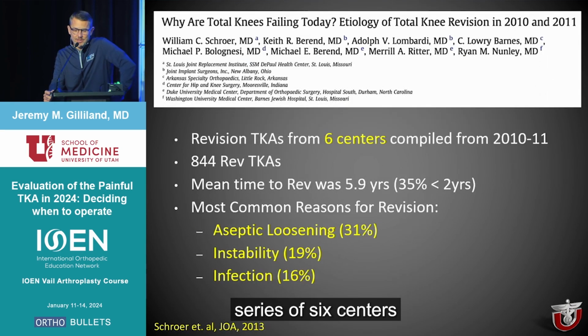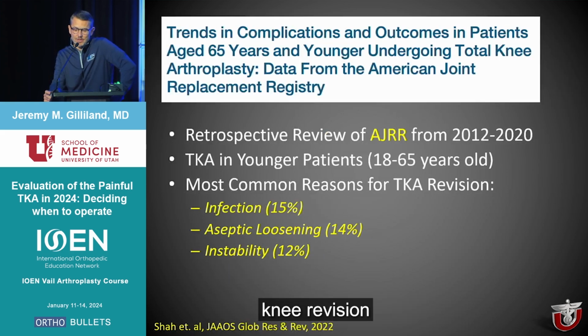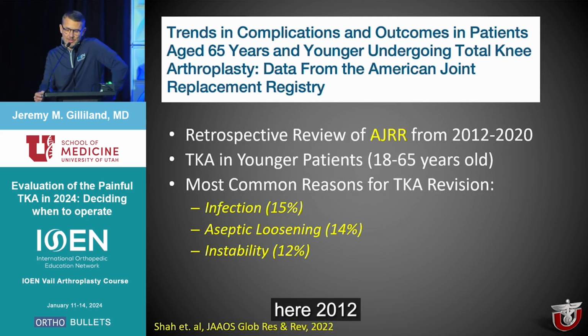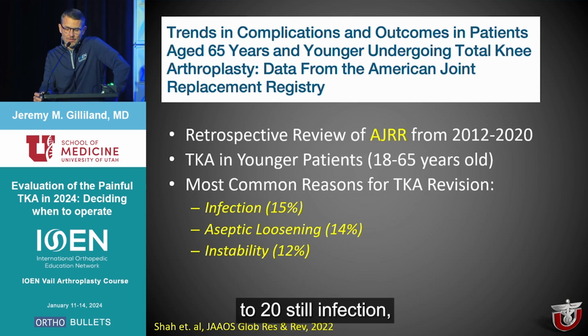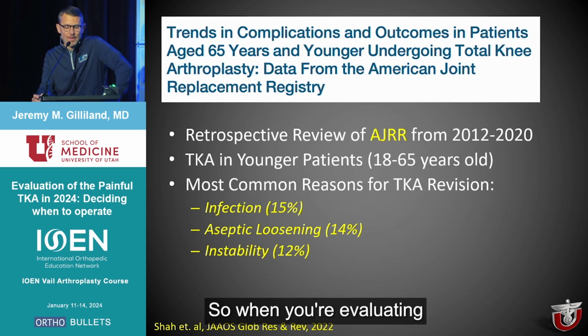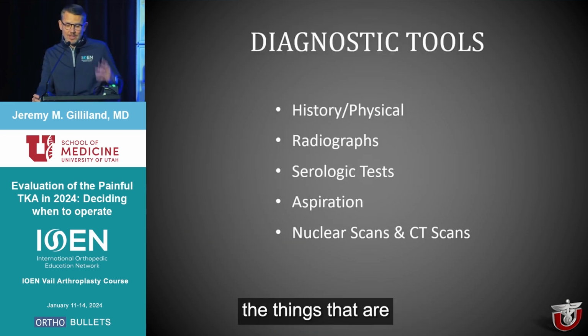Here's another series of 6 centers in the US from 2010 to 11, so a little bit more contemporary series. Again, loosening, instability, infection, the 3 main causes of knee revision. The AJR in patients younger than 65, the most contemporary series here, 2012 to 20, still infection, aseptic loosening, and instability. So when you're evaluating that painful knee, those are the things that are sort of on your mind as